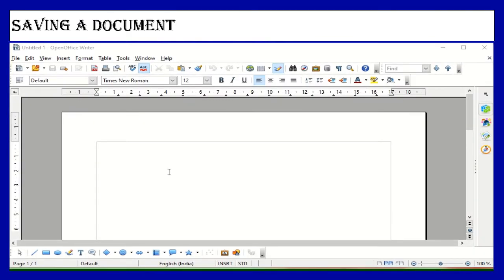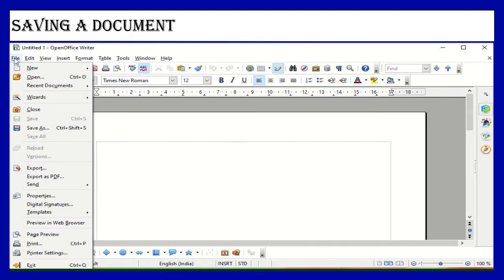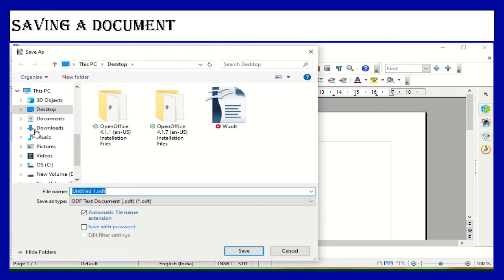Children, now let us see how to save the file. Normally in other applications, how you will save the file, same steps should be followed here. Select the File menu and choose Save As. You can also press Ctrl+S as a shortcut key on keyboard, or else you can also press Ctrl+Shift+S on keyboard. Now, Save As dialog box opens.